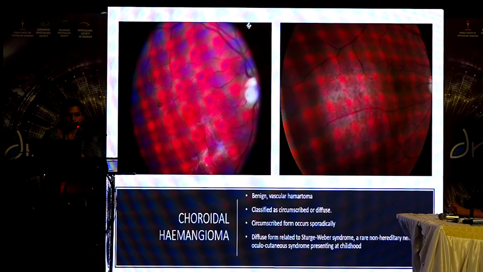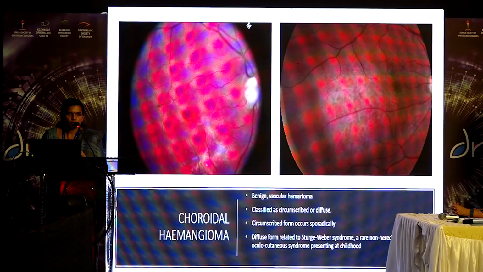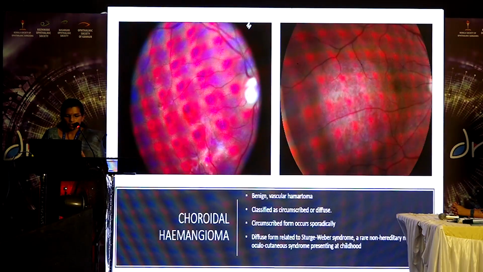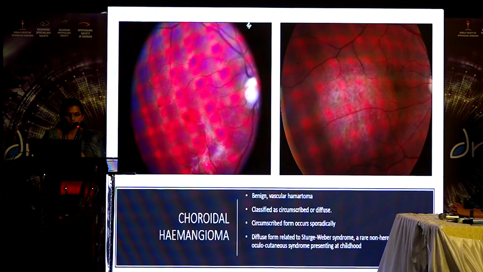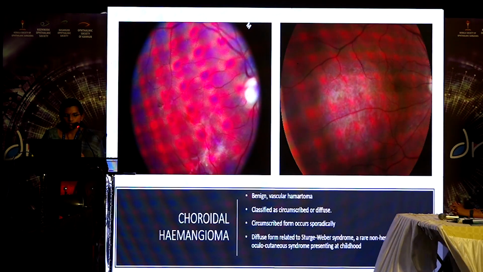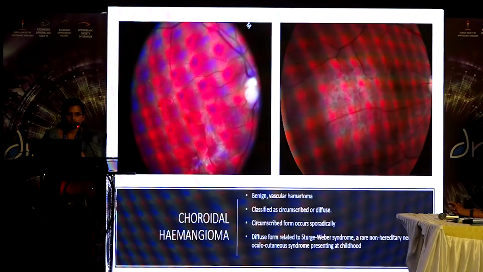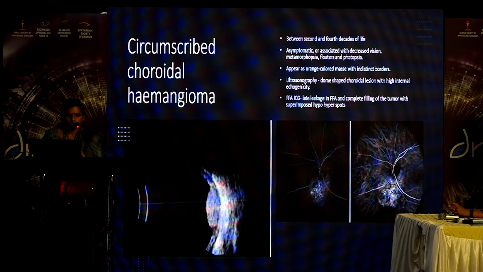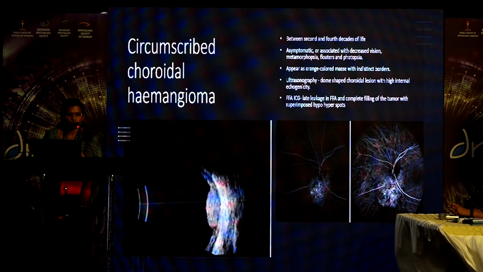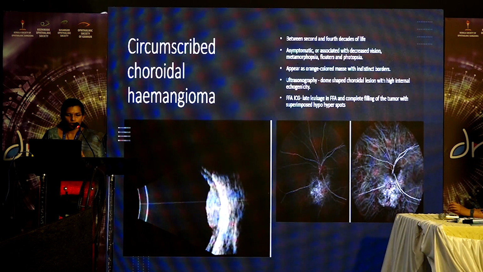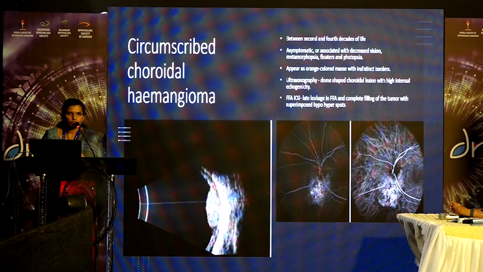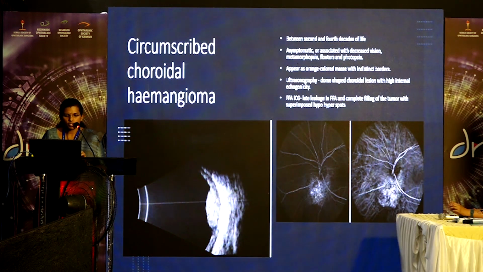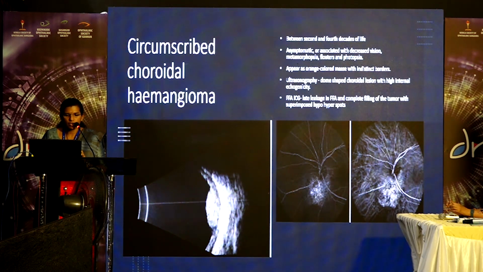Now coming to choroidal hemangioma, these are benign vascular hamartomas, classified into circumscribed form or diffuse form. Circumscribed form usually occurs sporadically and diffuse form is usually associated with Sturge-Weber syndrome. The circumscribed form usually presents around the 4th decade of life, is mostly asymptomatic, and appears as an orange colored mass with indistinct borders. In ultrasonography we can see a dome-shaped choroidal lesion with high internal echogenicity,